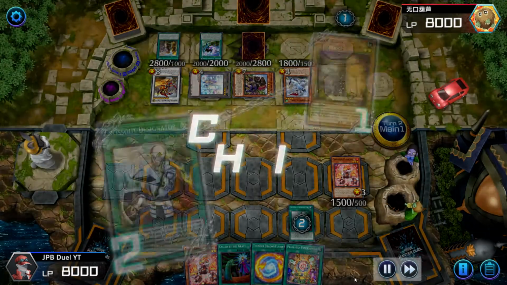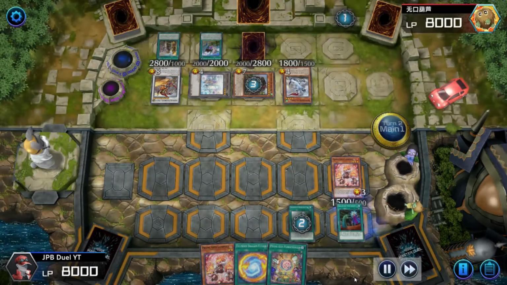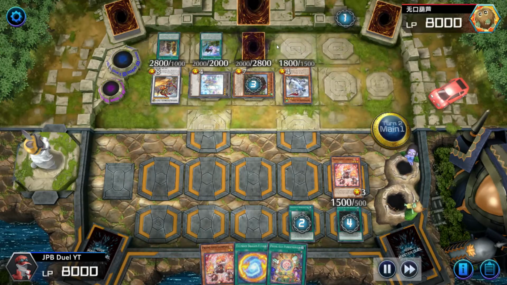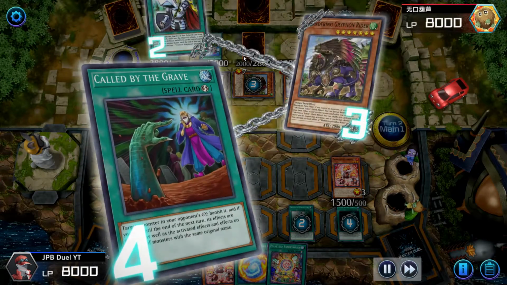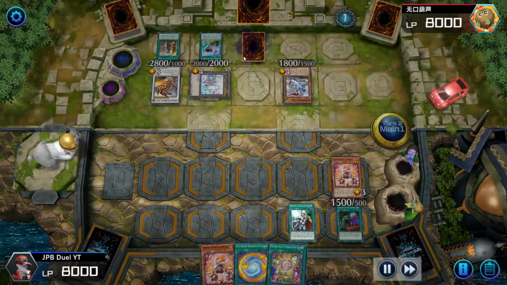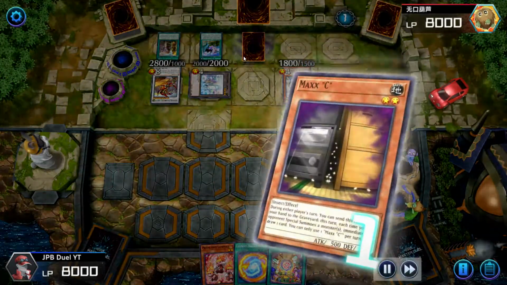He's gonna use the Griffin to negate the Crossout. And then I use my Call by the Grave to Call by the Grave the Maxi. I was really hoping for this card to not be another Crossout Designate on his side, which it turned out it wasn't. So it goes through, we got rid of the Griffin negate, now we only need to worry about